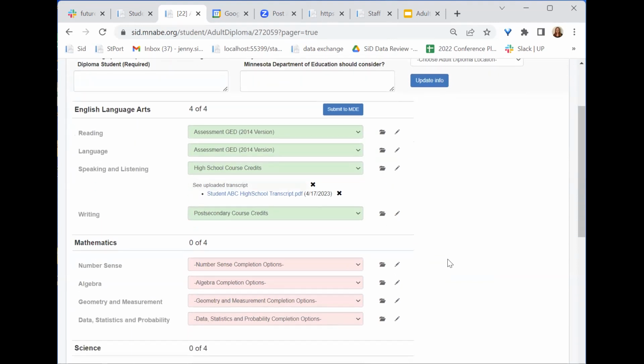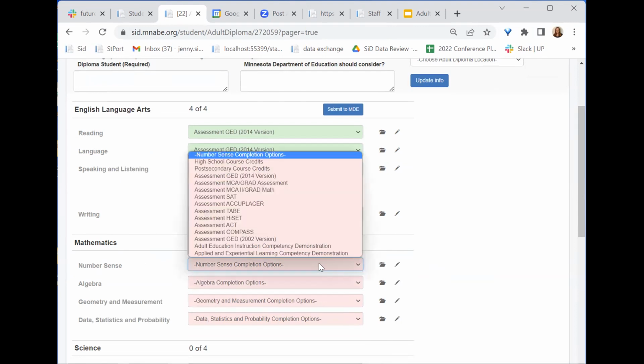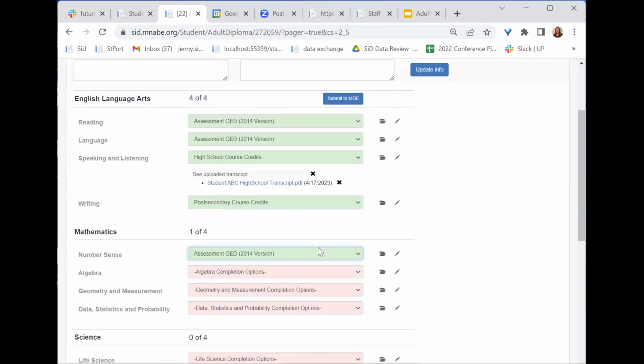Okay, and if you've done this work, you know the process for selecting the completion option is pretty simple. You go to the domain you're interested in and the area, and then you click the drop down and select the completion option that fits with that student, and it'll change from pink to green. Green meaning it's done. Now you can edit that also. So if you accidentally selected the wrong one, you can just select the other one. Okay, so that's step number 1. That is selecting the completion option.